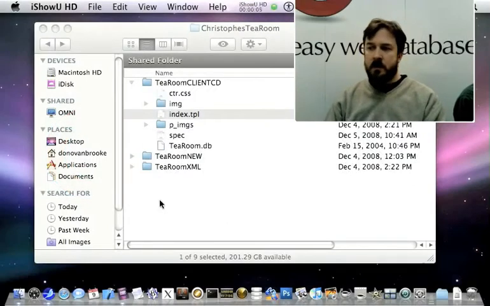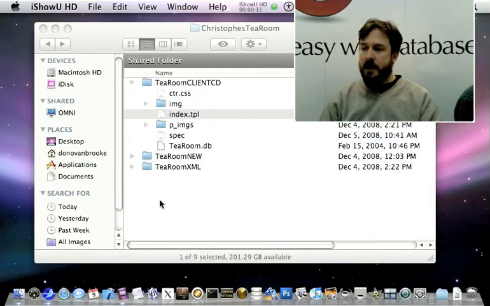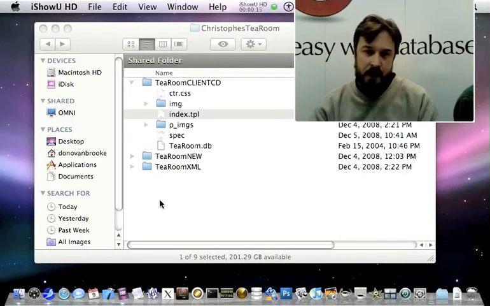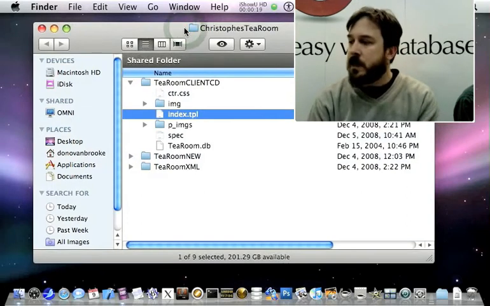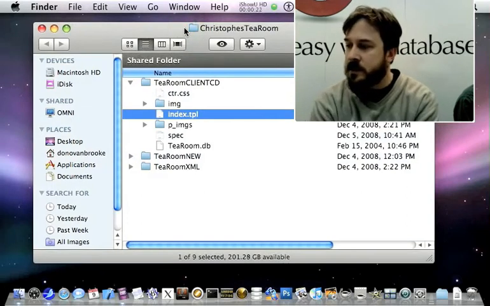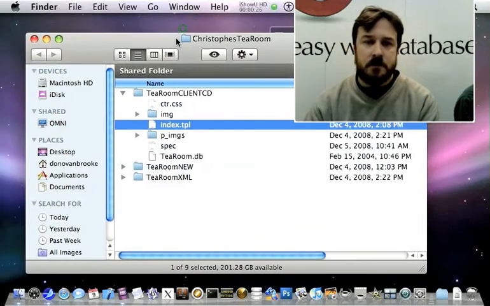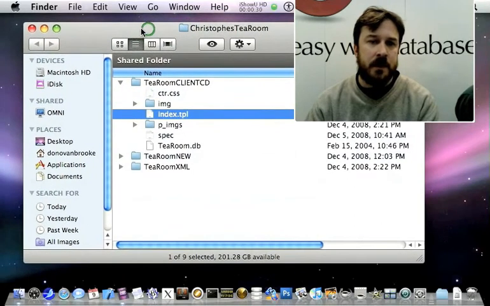So we've gone through the WebDNA syntax and introduced the tutorial that we're going to create. It's Christoph's tea room, and the first part of this tutorial is going through WebDNA Software Corporation's product Site Builder. So before we get into Site Builder, let's take a quick peek at